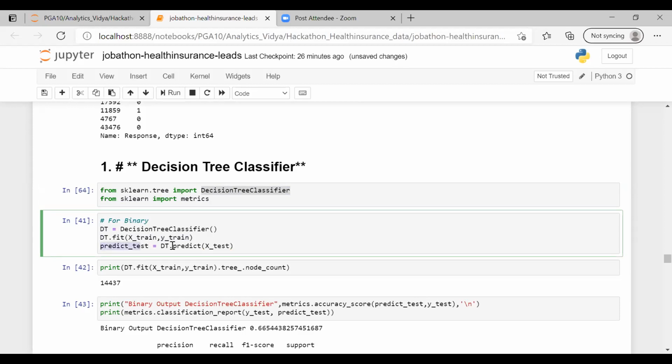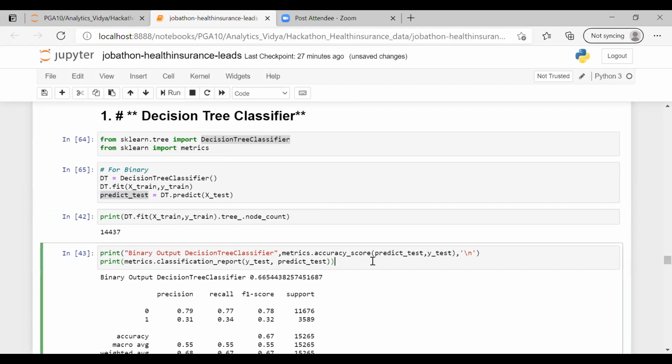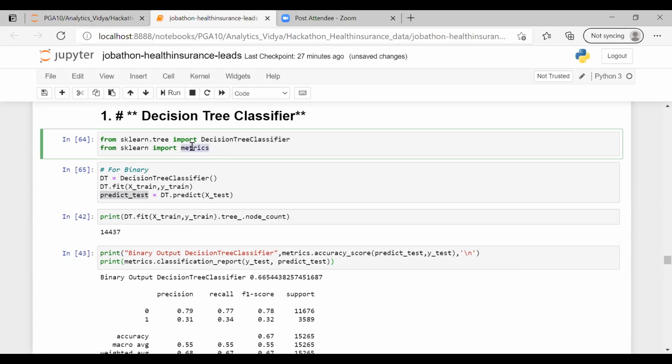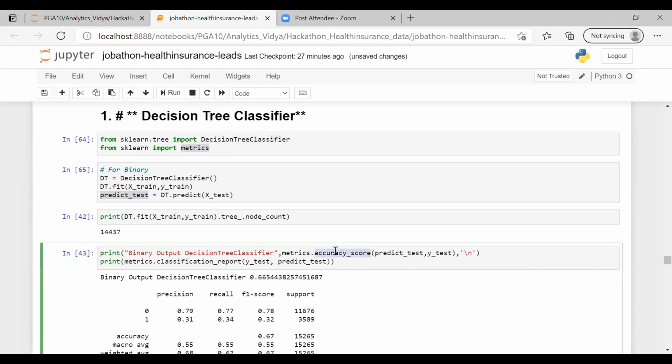And I'm doing the prediction on this X_test. This is my variable that stores the values predicted by the machine, predict_test. If I check for accuracy, the metrics that we have imported, dot accuracy_score, and then I'm passing my predicted value given by the model, comma y_test. The y_test is the unseen data for the machine, since I have split my data 70-30.